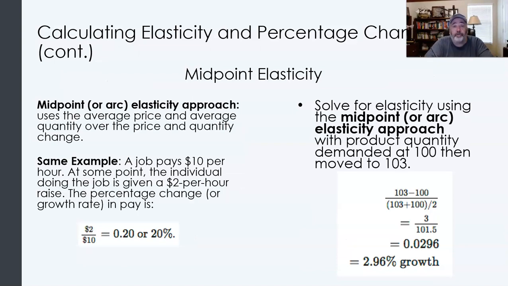So the midpoint, also sometimes referred to as arc elasticity, uses the average price and average quantity over the price and quantity change. So that requires a little bit more of a calculation. So really the best way to do that